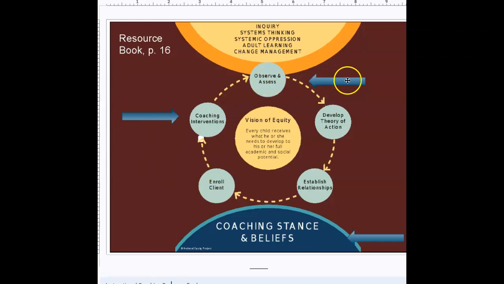And then observe and assess. This right here is just us showing those different observation tools. And then we're going to focus the rest of the web tutorial on coaching interventions. And so that means that we are not covering a lot of these other things, but you can find them in the